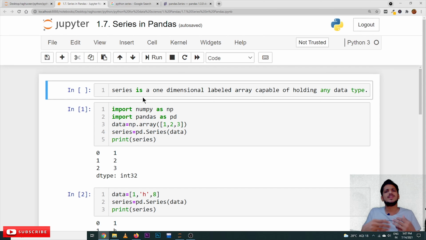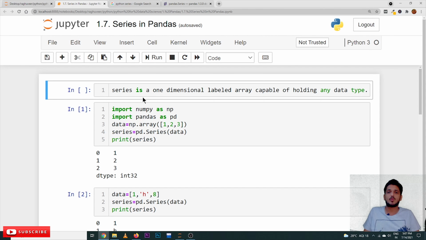We will use series very little in our data science, but you have to get an idea about what series means, because most of the functions convert our one-dimensional arrays into series objects in pandas. That's why you should have an idea about what series means and what attributes and methods are available on the series object. If you have an idea, that's enough. Whenever required, you can check the documentation and understand which methods to use.